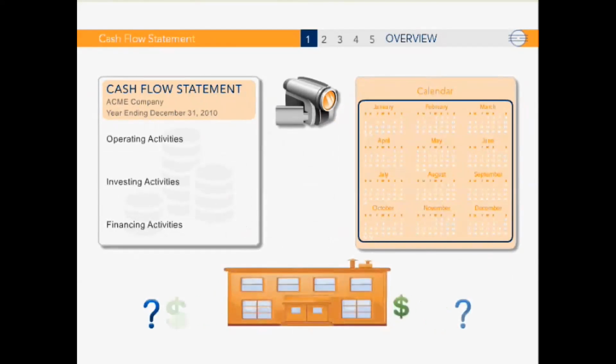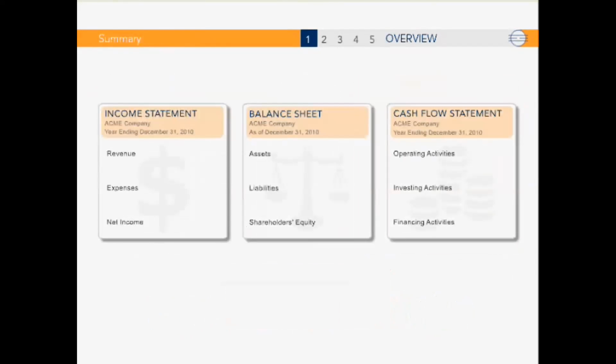Thus it answers 2 questions. Where is my cash coming from, and where is my cash going? Remember, while each statement has a different purpose, all 3 are necessary in helping us understand a company's complete financial